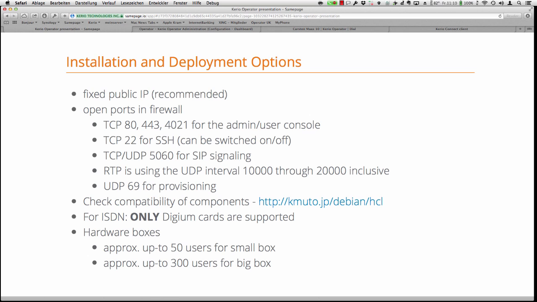I make a small side note. Kerio Operator is based on Asterisk, not Asterix. This is the guy from Asterix and Obelix, the famous comic strip. It's Asterisk, so we have not reinvented the wheel, but I think, from my point of view, we have reinvented how you can use and configure this wheel. So basically the